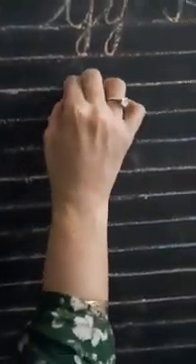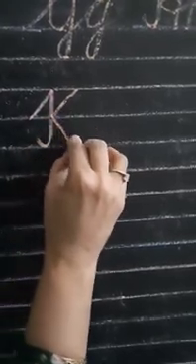Now we'll write joining K. For joining K, go up with a slanting line, make it pointed, come down, take a turn, then make a slanting line, again make a slanting line, take a turn and go up and make small k like this. Okay, touch lines properly beta and always use sharp pencil.